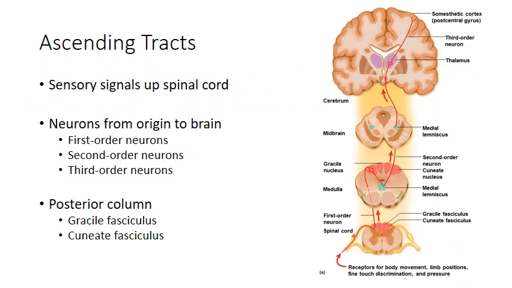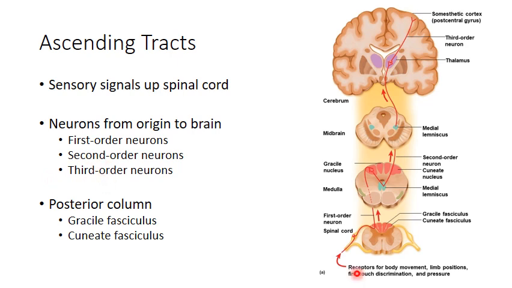As we talk about our ascending tracts, remember that we are talking about bundles of nerve fibers that are carrying sensory information up the spinal cord and into the brain. When we are looking at these types of tracts, we are going to be involving more than one neuron. So we have multiple synapses that are occurring here. We number them based on where they are. So we have first order neurons, second order neurons, and third order neurons that are going to be part of